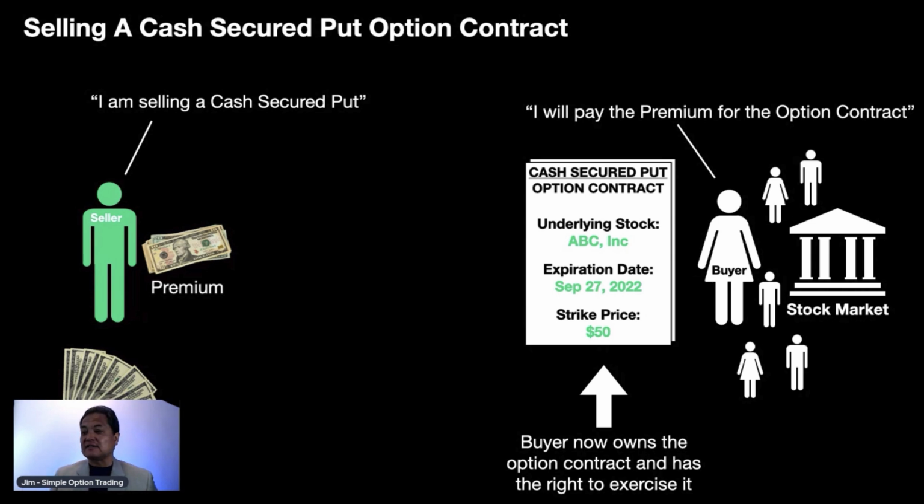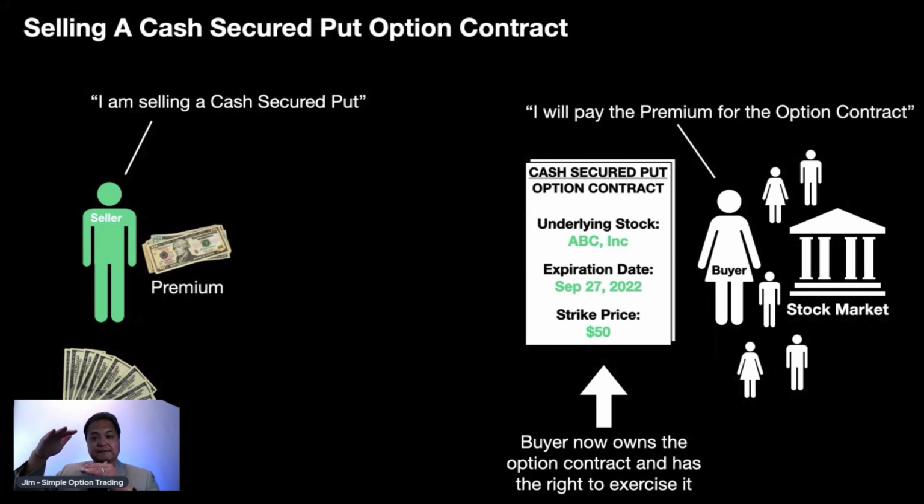What do you think the buyer does with the option contract? They're going to exercise that option contract because even though the current market price is $49, they know that I have to pay $50 in exchange for the shares. They're going to get an automatic $1 per share in price appreciation, and I'm forced to pay that $50 because that's what I agreed to. That's my strike price.